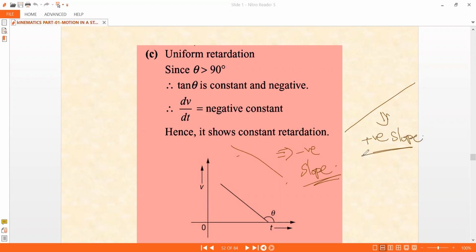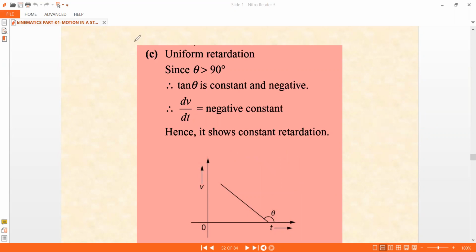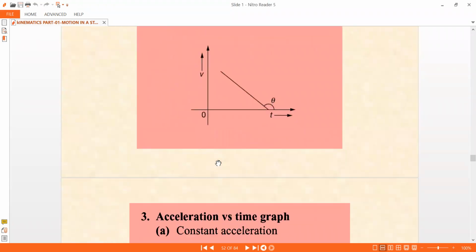So these two are pretty easy things, okay? Because when you consider this angle that is greater than 90, it goes to the second quadrant, and tan theta is negative in this case. For the acute angles less than 90, tan theta is positive, and hence you get positive acceleration. So this is very basic stuff. Now let's move on.